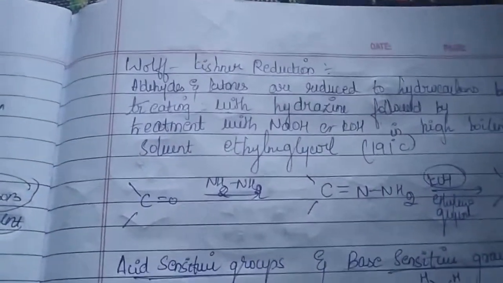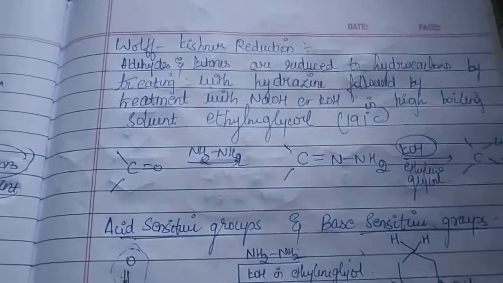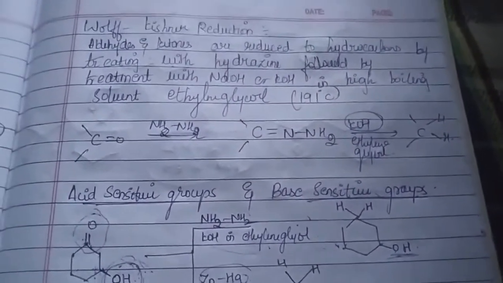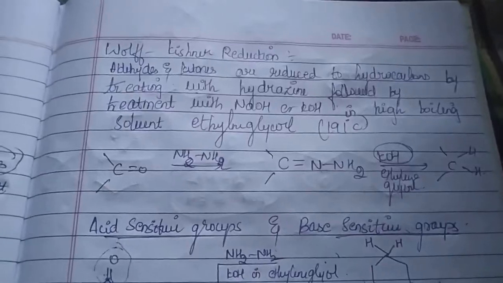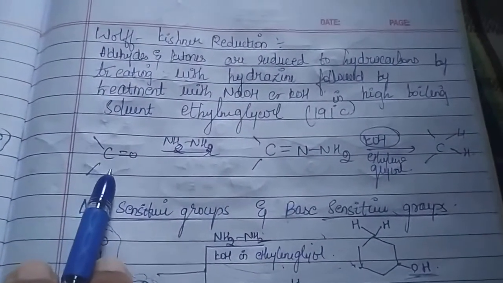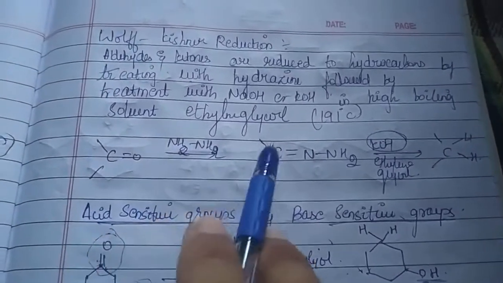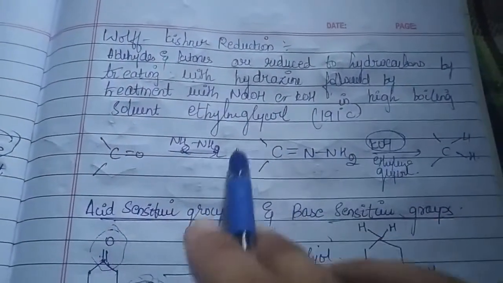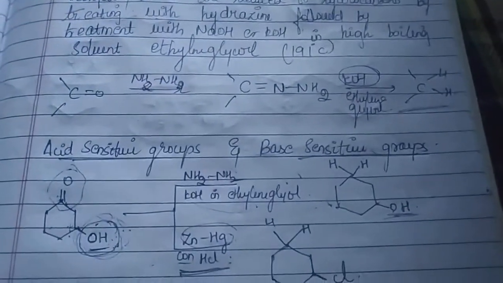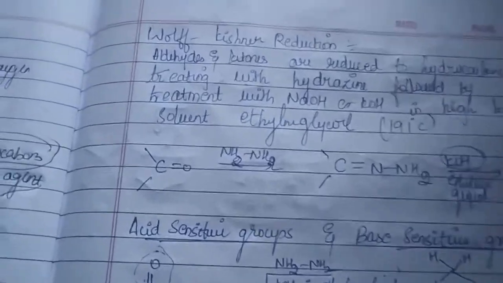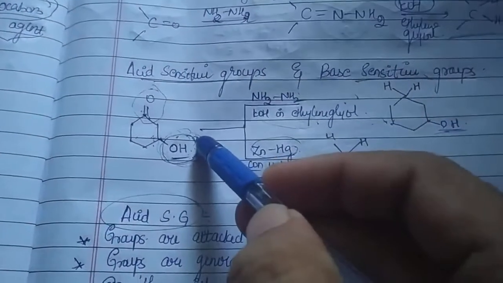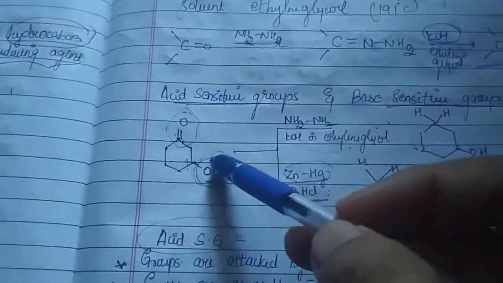Of course, the reactant is the same and the product is the same, but the reagent is different. That is, we are using hydrazine in the presence of a basic medium, that is KOH and ethylene glycol. As we have seen, whenever you treat your carbonyl compounds with hydrazine, first of all you will get a hydrazone. Treating that hydrazone with KOH and ethylene glycol, you will get your respective hydrocarbon. Then we came to know certain additional information. What was that? Suppose you have been given a compound which has, other than a carbonyl group, some other groups.